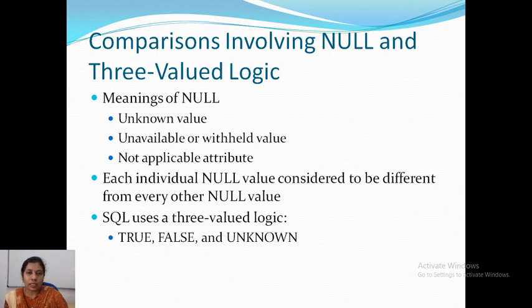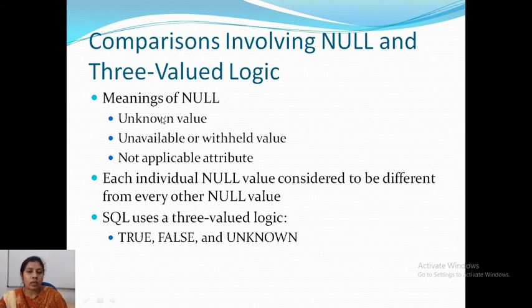And for not applicable, some of the attributes may not be applicable for all entity sets. Say if you don't have an official contact number, then that field is not applicable, so in that case we will put the null value.